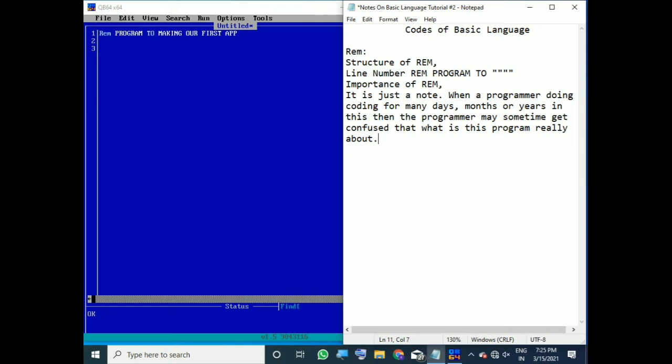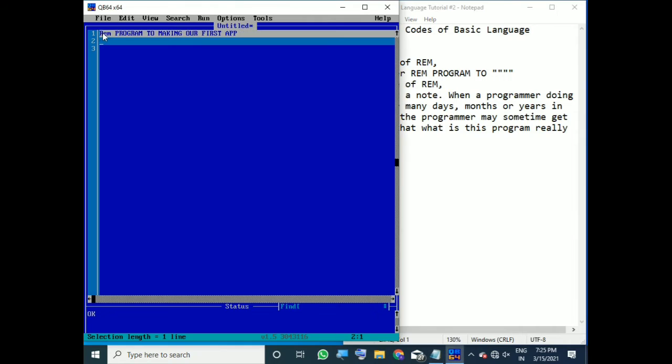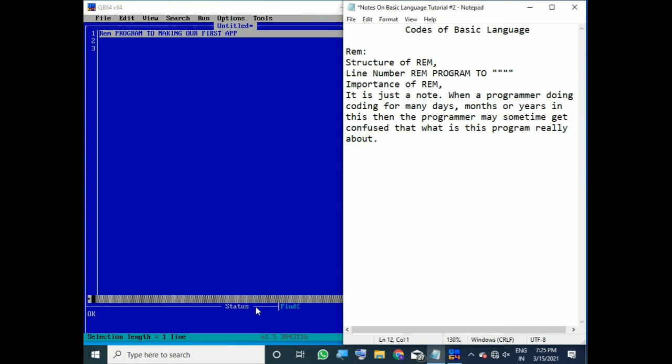He will get confused, he cannot identify which program he is doing or opening. So for that this rem is used. Rem is not a very complex theme. So this was rem.